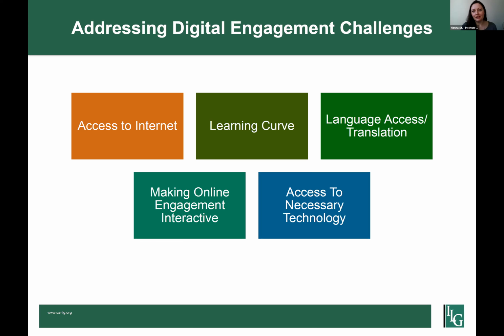Yes, and access to technology, it's a real thing. I mean, all these challenges, those are real things. Those are something that we, not just you, we all in California need to get creative and really figure out how we can be creative in our communities, how CBOs can help us, what we can do to ensure that in this digital era, which can be hybrid and in person going forward, our communities have equal access to participation?